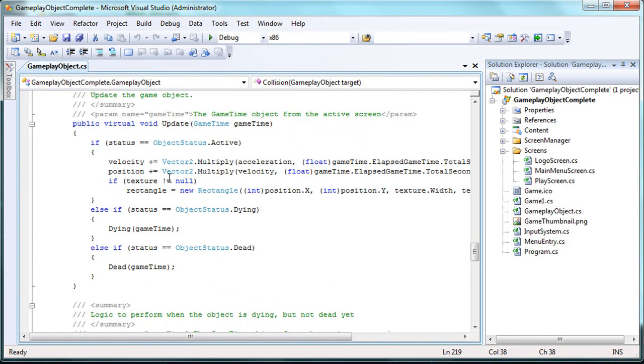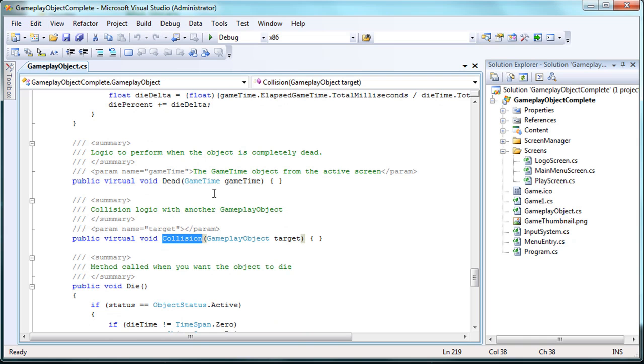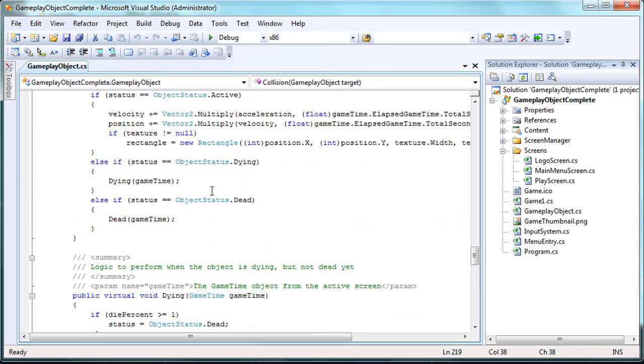So the easiest way to do this is to check for collisions before you update. Because that way, when you update, you will have a new velocity depending on your input. So when you check for position based on a block object, that velocity will become 0. And that way you will not need to pass through because it won't have acceleration or velocity to do any movement. Now you can override this update method,